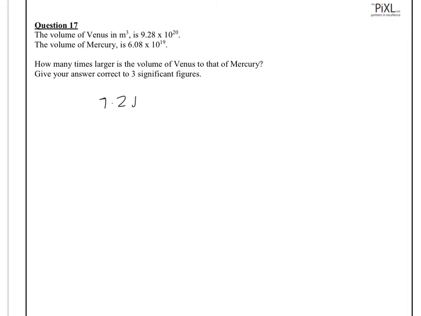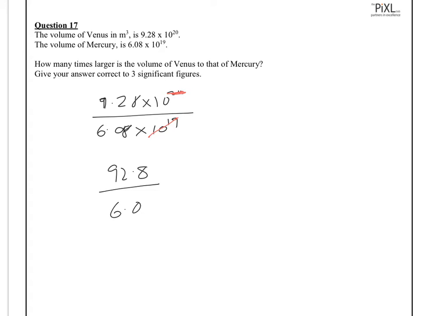So we're going to have to do a division here with standard form. So we've got 9.28 times 10 to the power of 20 divided by 6.08 times 10 to the power of 19. Well, what we can do here is cancel out these powers. So 10 to the power of 19 will cancel with 10 to the power of 20 and leave us with 10 to the power of 1. And so we're going to be left with the fraction 92.8, because that's 9.28 times 10, over 6.08. And when we work that out, we're going to get